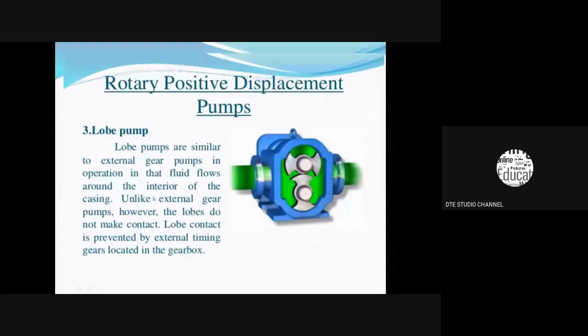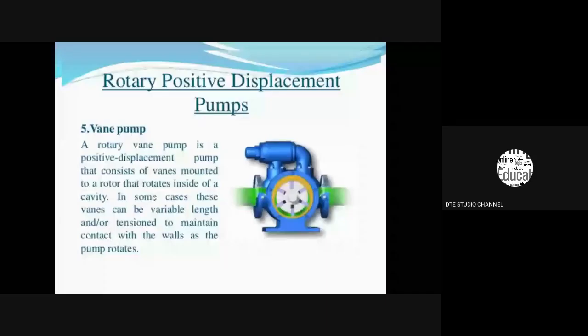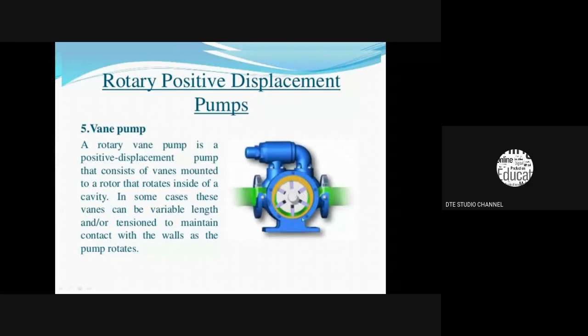Another type of positive displacement pump, vane pump. The figure shows a rotor which is having number of radial slots. Inside the radial slots, the number of vanes are fitted by means of helical springs, and this rotor along with the vanes is rotating inside the cam ring. Cam ring is placed inside the casing as shown in figure. The figure clearly shows the construction of a rotor, a cam ring and casing.